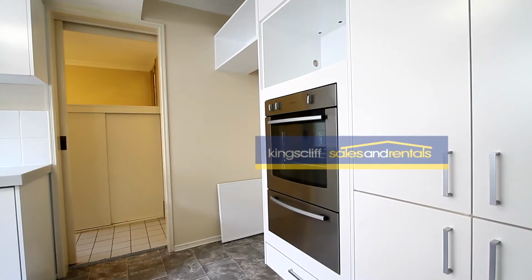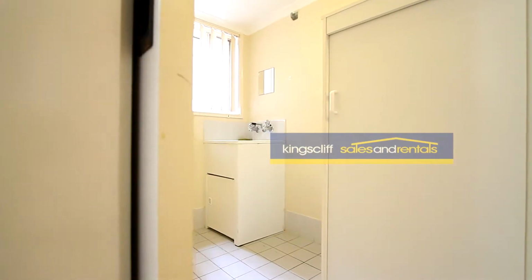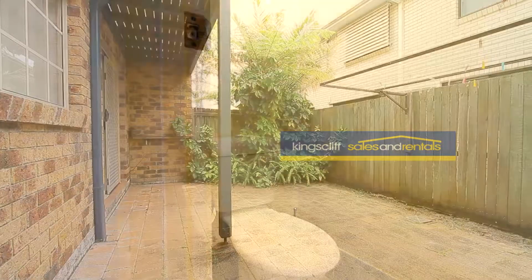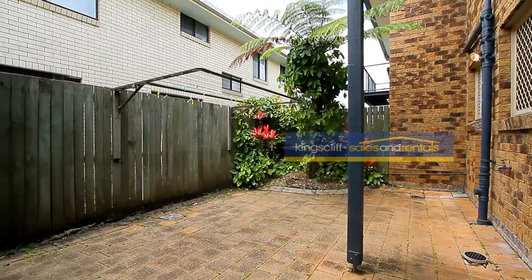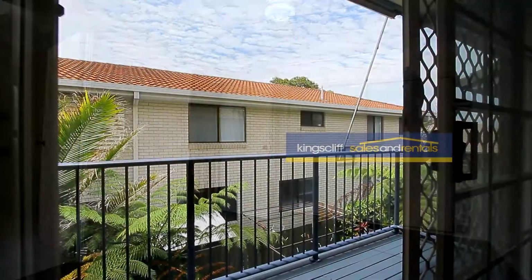There's also an oven with separate grill, so important these days, double door pantry, and on the other side of the kitchen there's a laundry with a doorway access to the rear courtyard and also guest toilet downstairs. Rear courtyard for entertaining, and as we go upstairs, main bedroom sees a built-in across one wall, ceiling fan of